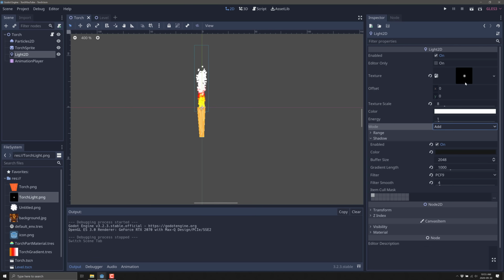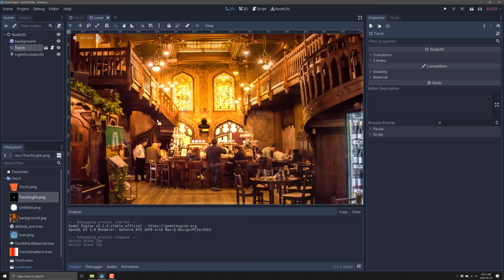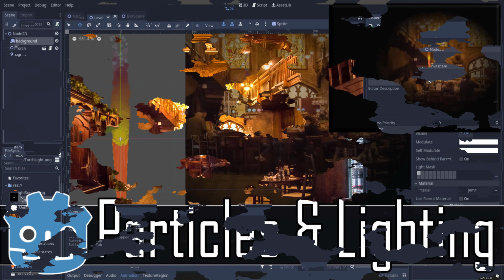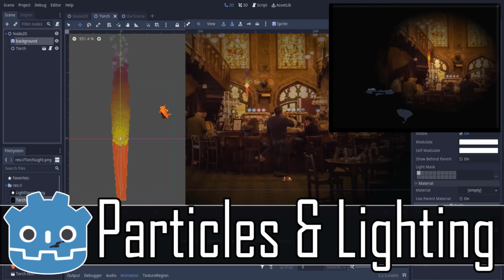And this is the approach you would take if you want to have, say, torches just placed in your level. So say you had a torch here, and a torch here, and a torch here, a torch here, as opposed to a torch that moves with the character. In that case, you're going to want to take the additive approach to adding light to your scene. So anyways, we covered quite a bit there, a little bit rambly, a little bit freeform, but hopefully that was of some interest to you. That is basically an introduction to 2D particles and 2D lighting occlusion in the Godot game engine.